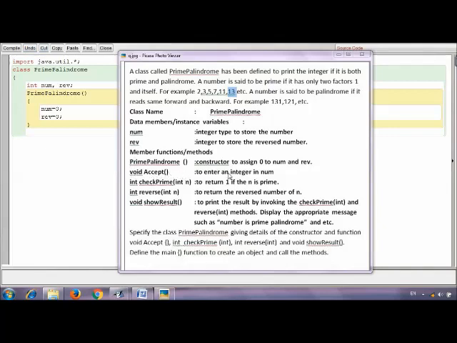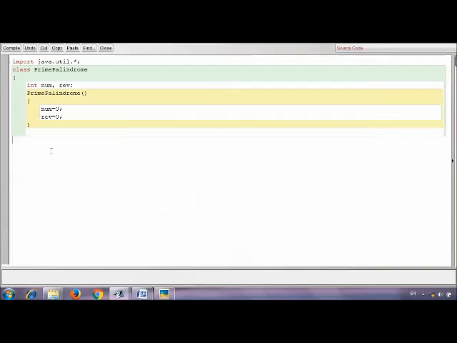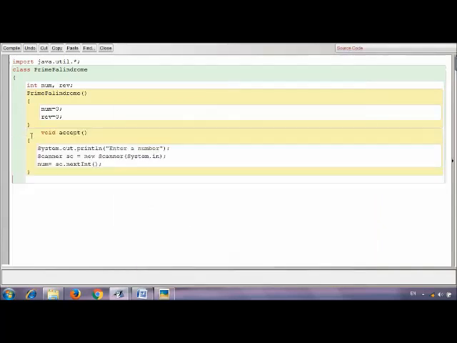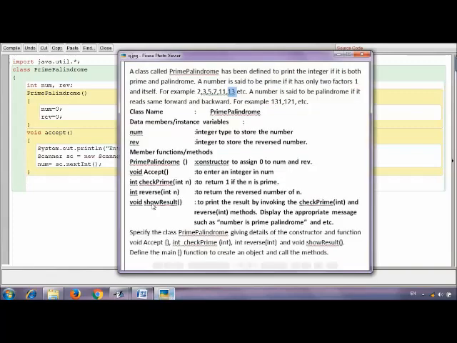The next method is accept. The return type of the method is void, so we have to mention it as void accept. Here you can see that we are accepting an input from the user. The input is a number we are getting from the user, and it is getting stored in the variable num. Our next function is